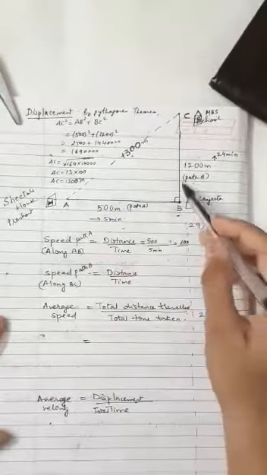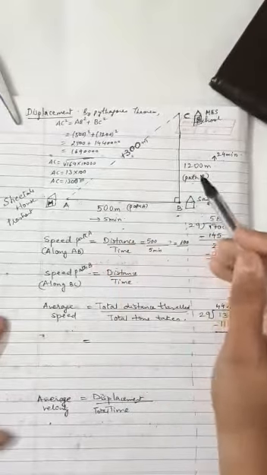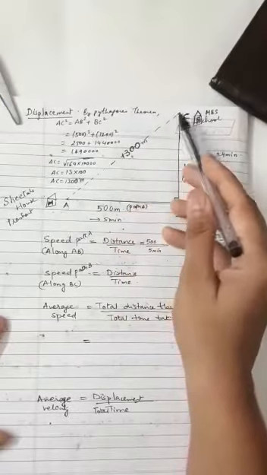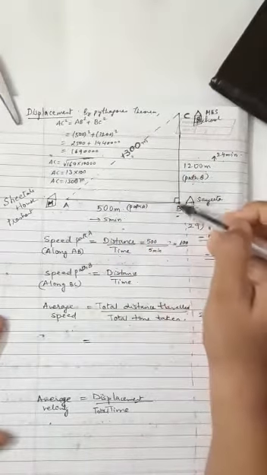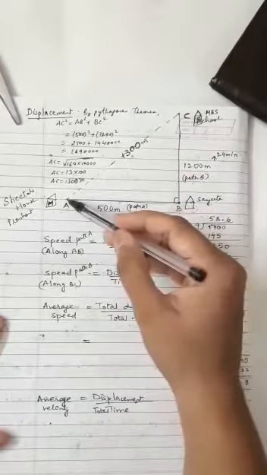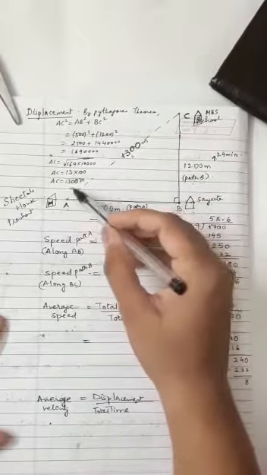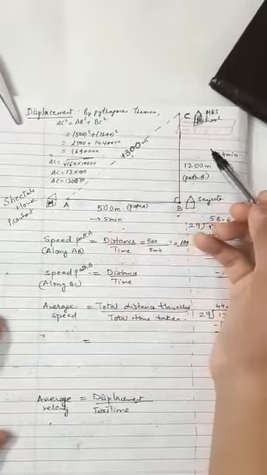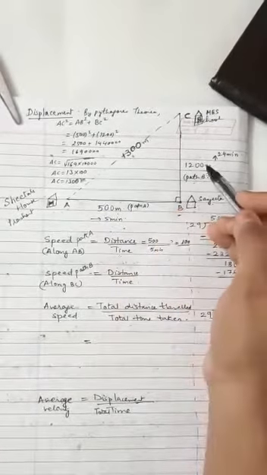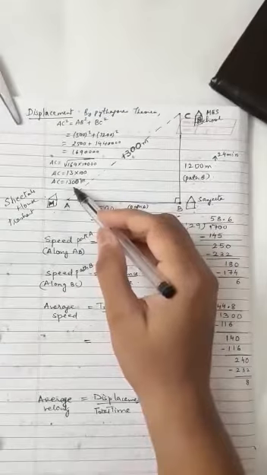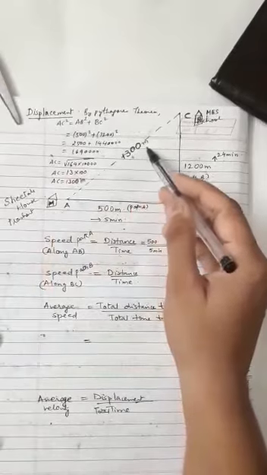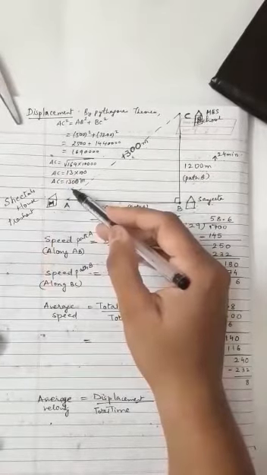If you look carefully, this looks like a right angle triangle, children, and we have applied the Pythagoras theorem, where AC is the hypotenuse. The remaining two sides, their squares I have taken and added. Then I have taken the square root to get the answer as 1300 meters. Pythagoras theorem is something that you have already learned in your lower classes. So I have done it and kept it here for you, and that is how we are getting the displacement as 1300 meters.